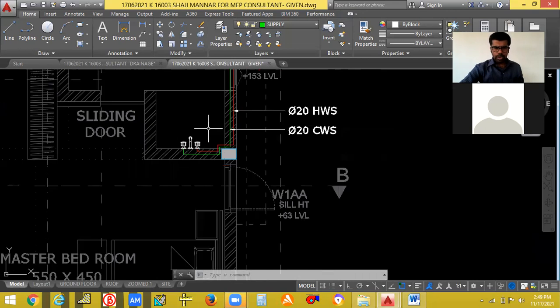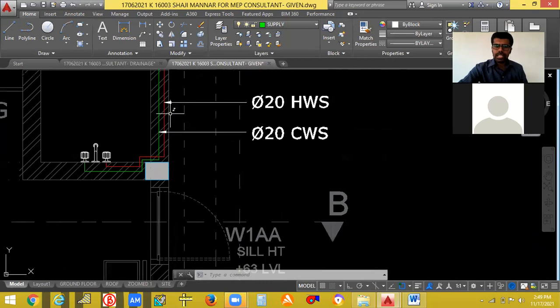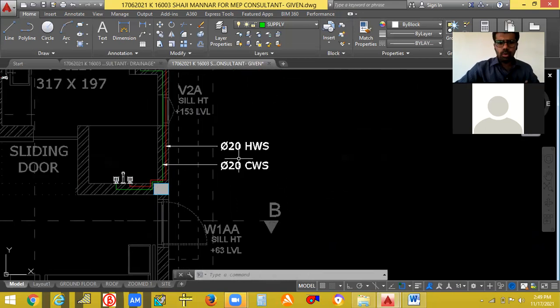So its diameter is already given: 20 hot water supply, 20 cold water supply. By NBC, the minimum water supply pipe size is 15 mm only. Okay, by the actual design method, the minimum pipe size should be 15 mm only. But usually in practice, as a safety, we just give 20.